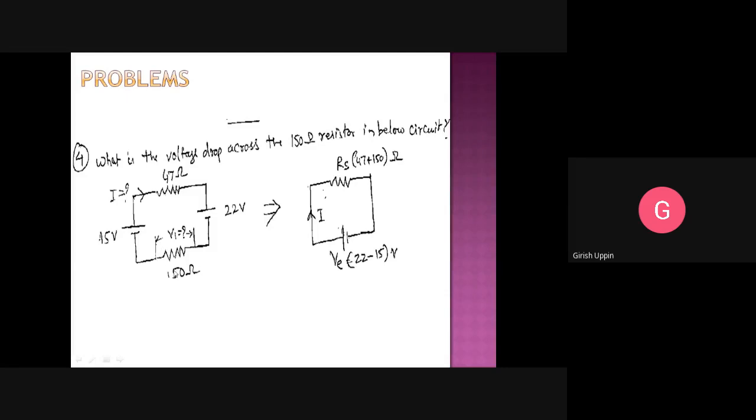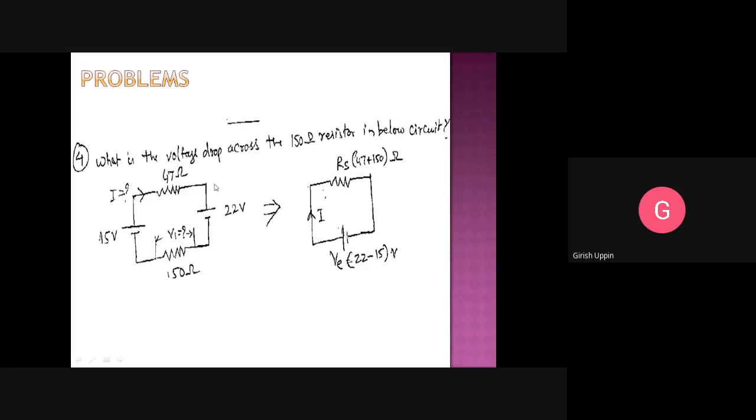So they are connected in series. Everybody understood why they are connected in series? Because the same amount of current will flow through them, even though they are not connected end to end, because in between the voltage sources are there, but they are connected in series. The reason behind that is the amount of current that flows through both of them is exactly the same, and there is only one loop.